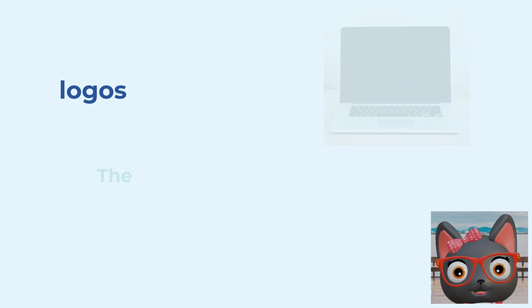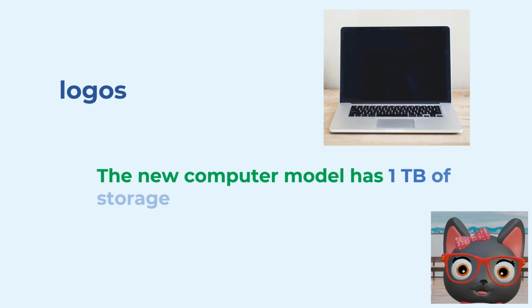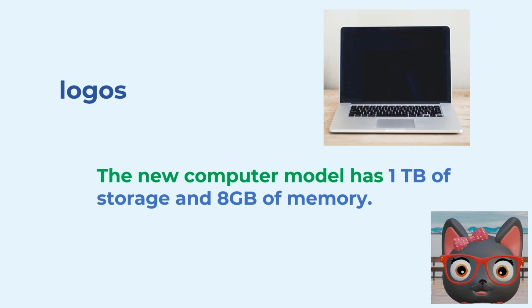Logos is an appeal to logic using facts, statistics, etc. An ad might say, "The new computer model has 1 terabyte of storage and 8 gigabytes of memory." By specifying statistics and listing out several features of the model, they're appealing to the audience's logical side of the brain. That is, if they have one. I'm kidding, I'm kidding. Logos is used to persuade the audience into believing what the speaker is believing and establish credibility or ethos.